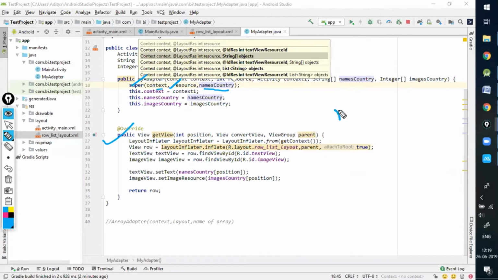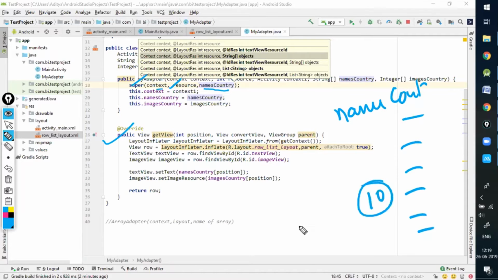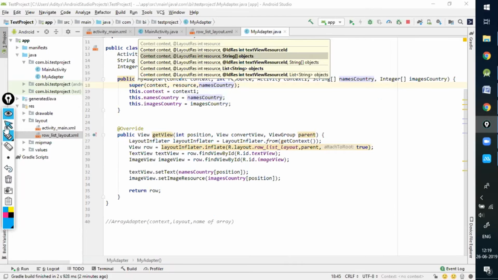It will open the array names country and see how many elements are there. If there are 10 elements, it will call this getView function from 0 to 10. Since you didn't assign any array over here, it was not at all calling this getView function. Is the problem clear, guys?